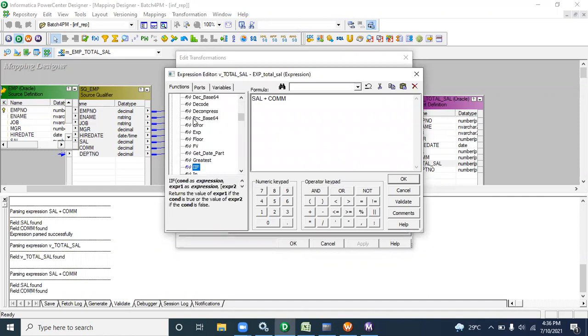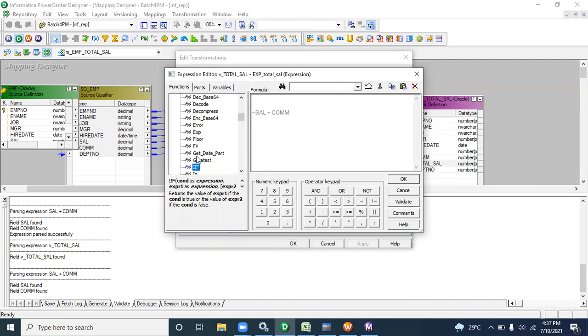You have to write IS NULL. See, the IS NULL function will be there. IS NULL returns whether the expression is null. Directly they are giving IS NULL. But the IS NULL function has only one argument. That is the problem. So we have to implement it in such a way that it works. So let me write.